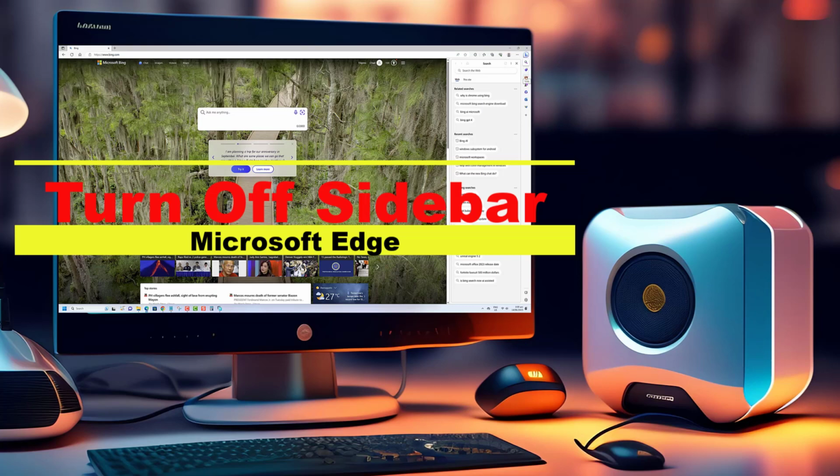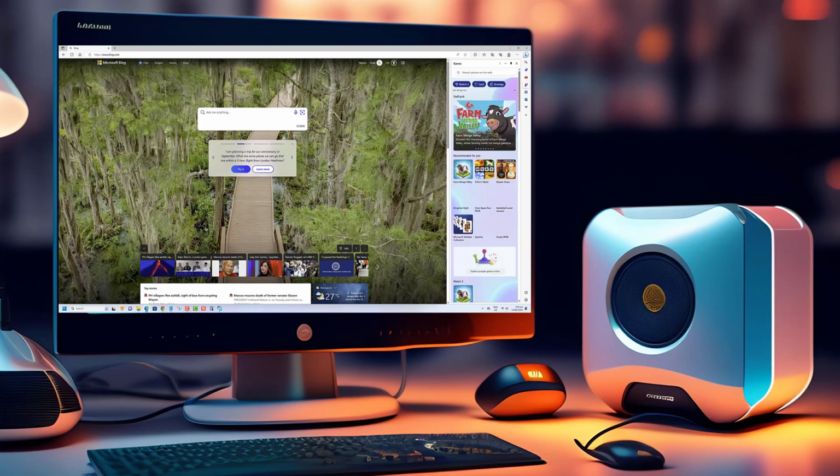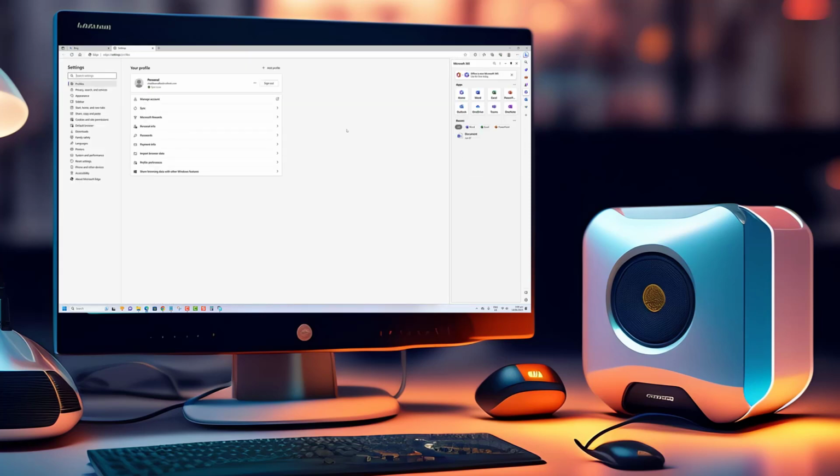Today we have an exciting topic lined up for all you Microsoft Edge users out there. If you're tired of those distracting sidebars cluttering up your browsing space, you've come to the right place. In this video, we'll show you how to easily turn off the sidebar on Microsoft Edge and regain your screen